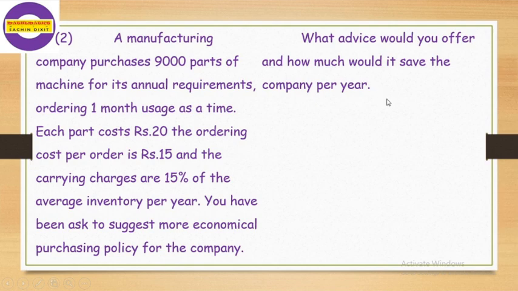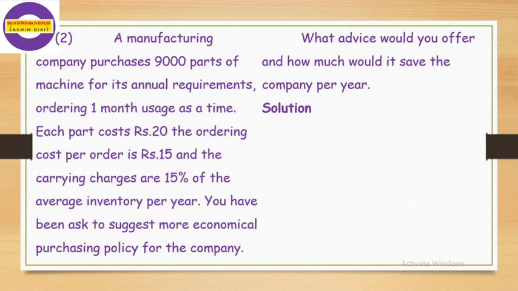There are two questions. First, we have to find out its optimum value, and then we have to find out the values corresponding to 1 month, and then we compare and find out the difference between them, so that we take that minimum ordering term. So we start with the solution. Again, as per previous, first we have to find out the three values. One is R, then C3 and C1.